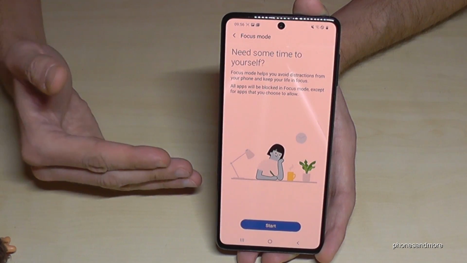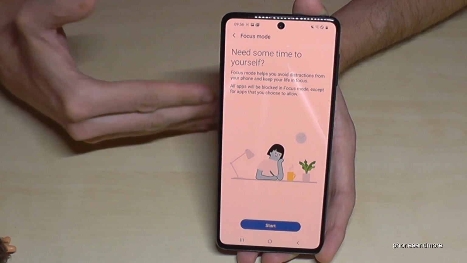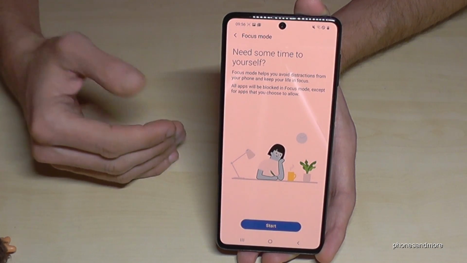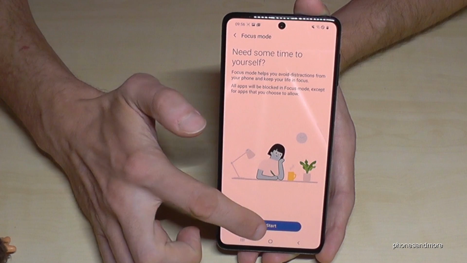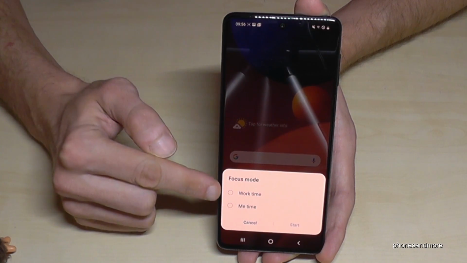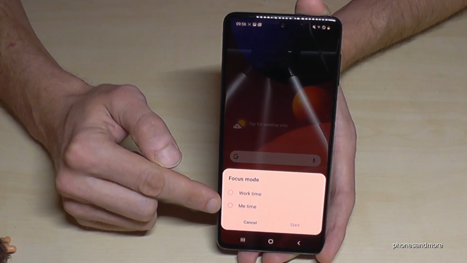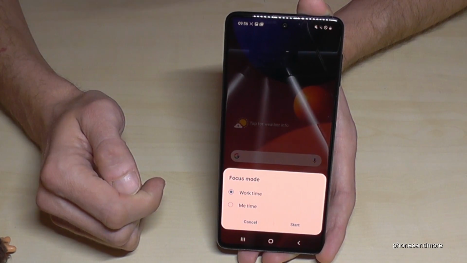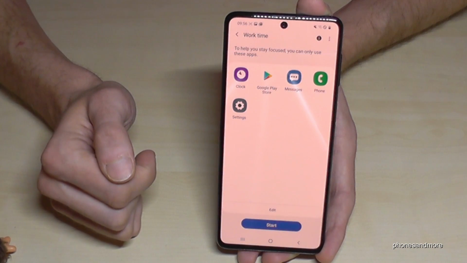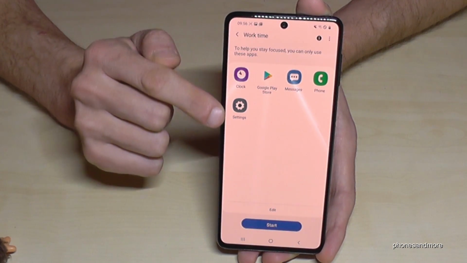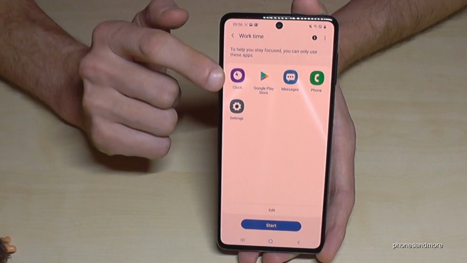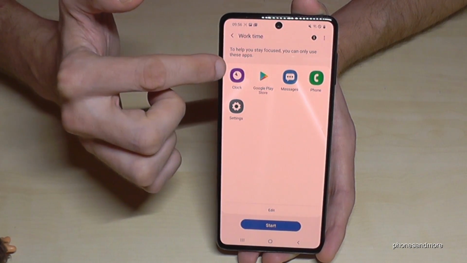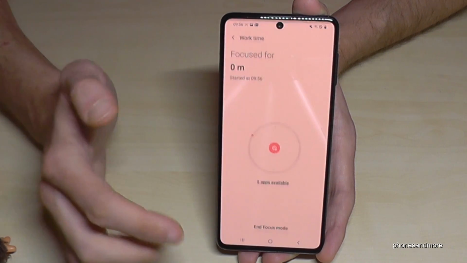And you can start the focus mode if you're at work, or if you want to be with your friends, so that you don't look always at your smartphone. Just go here on start, and you can set up if you have the work time or the me time for yourself. Maybe let's go here on the work time, just for example, go on start, and here you can set up which apps should be available during that time. Maybe just the phone, just the time, and the messages and so on. So if I go on start now,